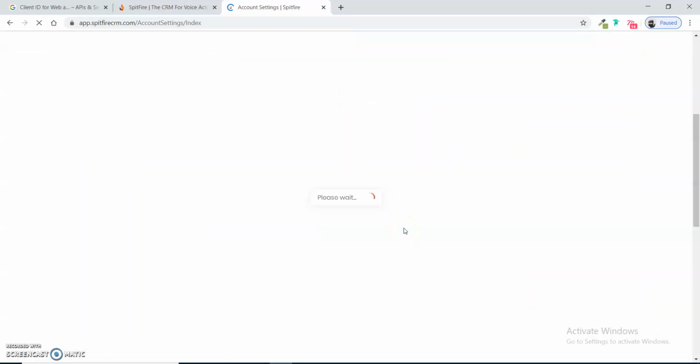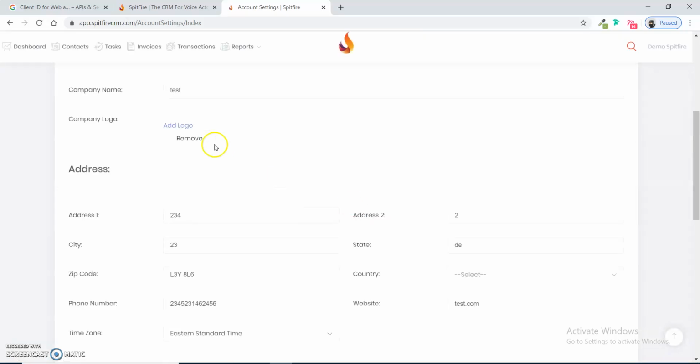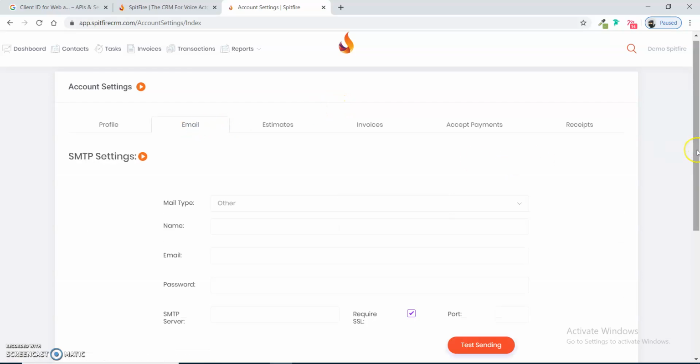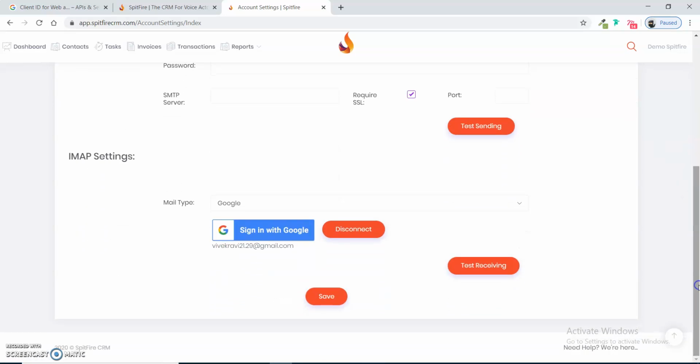Okay, so the email is connected. So we are using the read only scope to read the emails from this Google account inbox. We can check it by pressing the test receiving button.